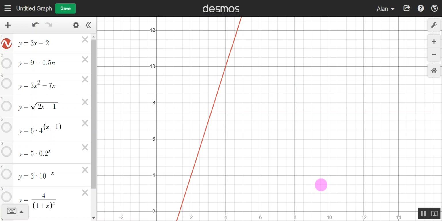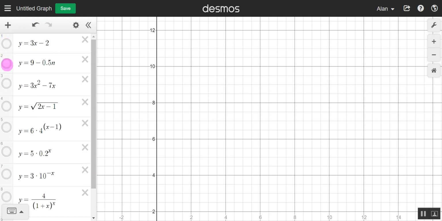So if I were to carry on forever in my x values and put a point where the y coordinate matches to it, the y value will just keep going up. Now in this case, because it's a straight line, it goes up at a constant rate. That rate is the slope, which we've got as 3. So every 1 I go up in the x, the y will go up 3 every time.